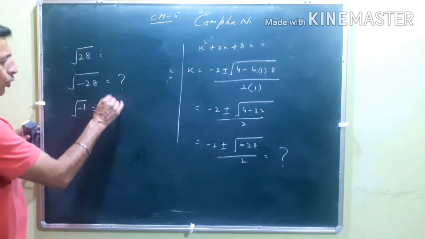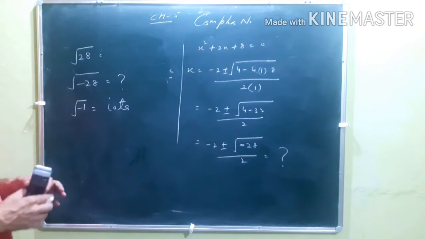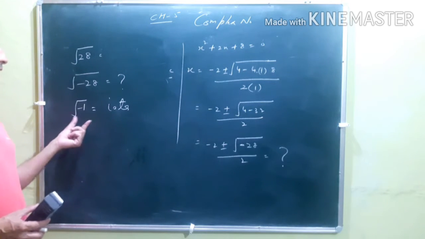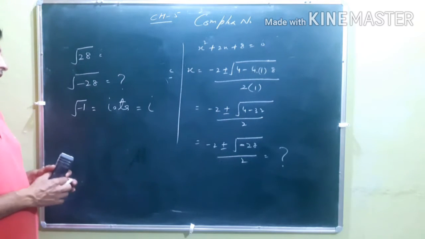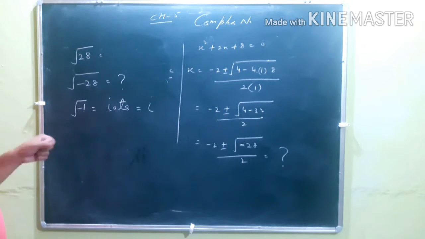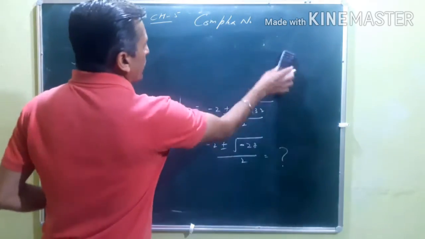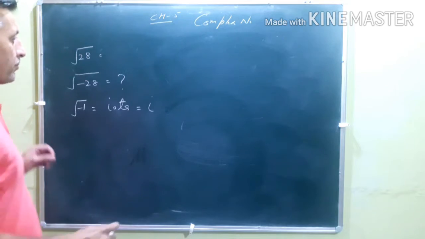So we actually have to solve the problem. In that case we suppose some value, and that value is called iota, usually denoted by i, and that creates a new number. That number is called a complex number. So this is, I think, the actual generation of a complex number.